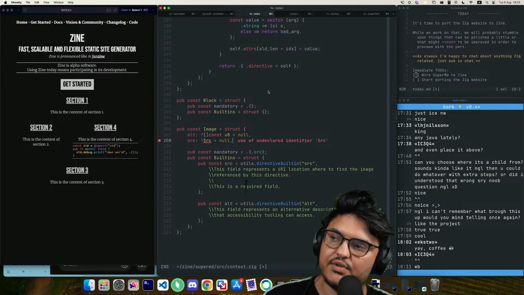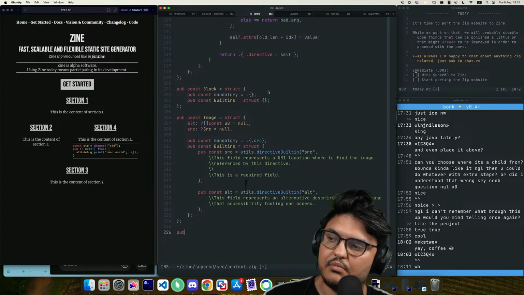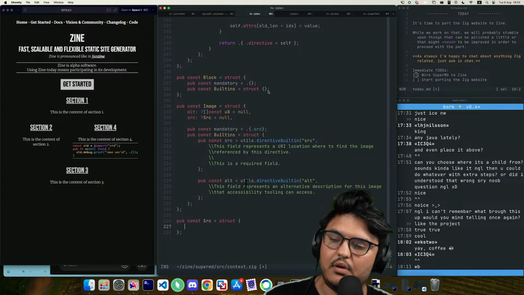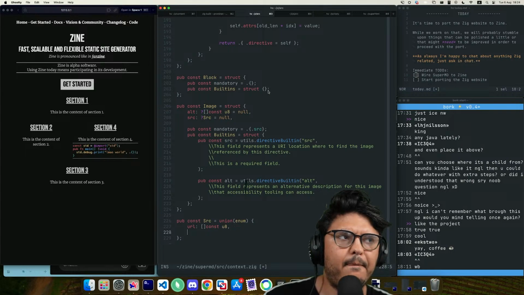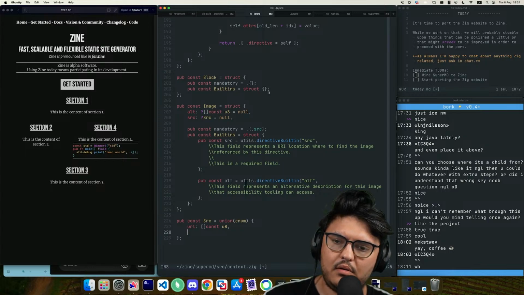And since this is not just a source thing, we probably want to put it here, pub const source. So what is source? It's not a struct, it's a union. So it can be a URL. It can be a page asset, site. We do page, site.